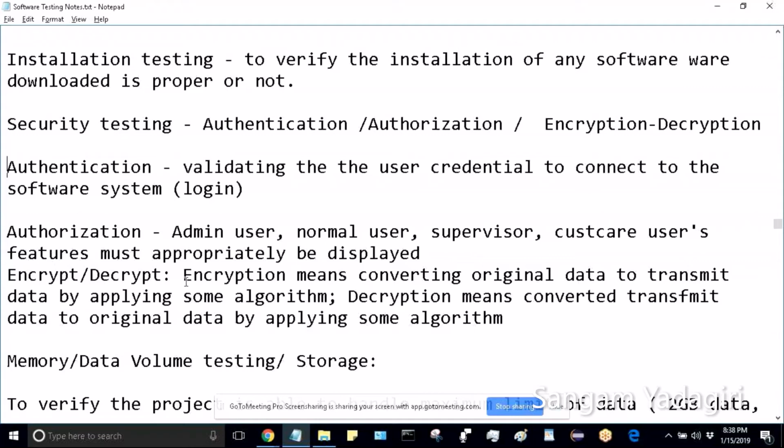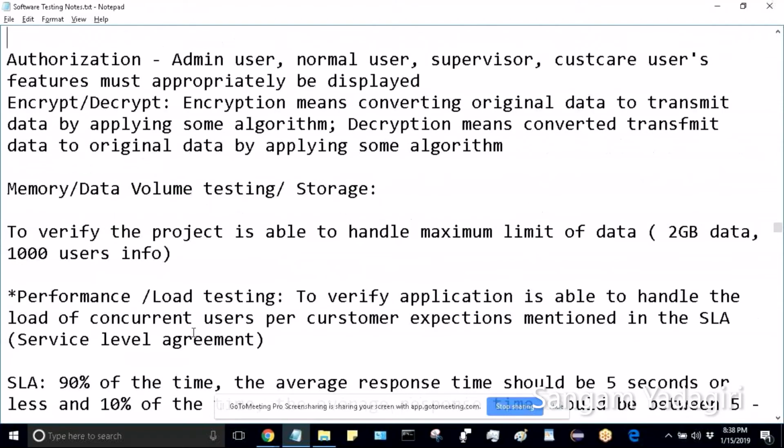Also, encryption decryption is an important aspect. So in the sense that when you submit data, mostly if you see HTTPS, those will actually encrypt the data you're submitting, using some algorithm, okay, and this will travel the whole network encrypted. So just before hitting the server, again using the same algorithm, it will decrypt the whole message